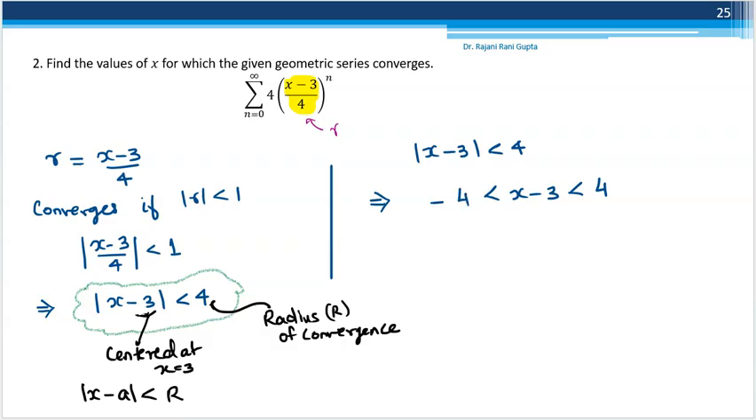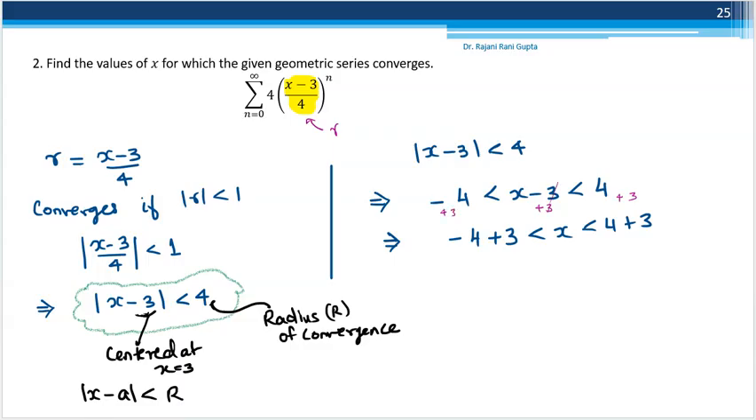Okay, so solving it, what you get? Minus 4 plus 3 less than x less than 4 plus 3, because this gives you the value of x minus 3. You needed the value of x. So what you have to do? You have to add 3 on all sides of the inequality so that